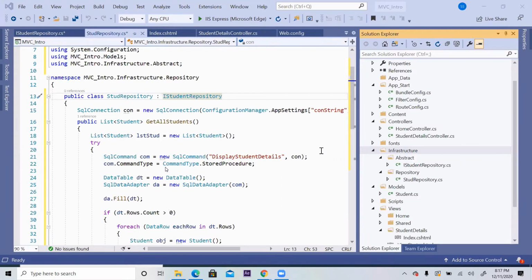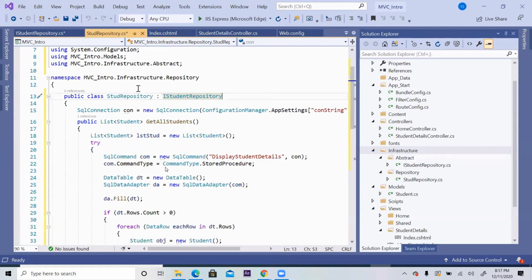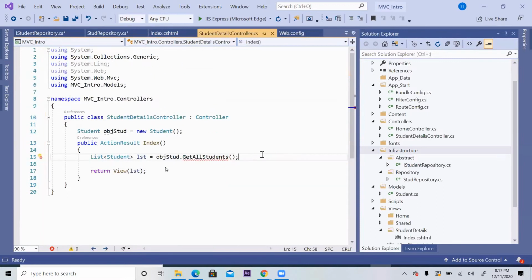Okay, very simple. In the controller, last class what we did, we were calling the model class function, isn't it? So today we will call the repository class function. What is there? We will come to that. So this is the workflow. Now go to the controller and